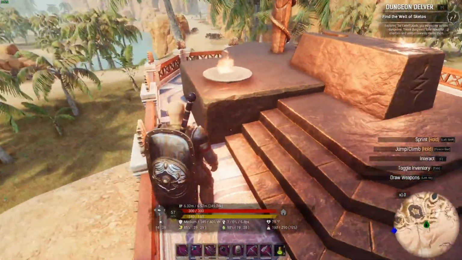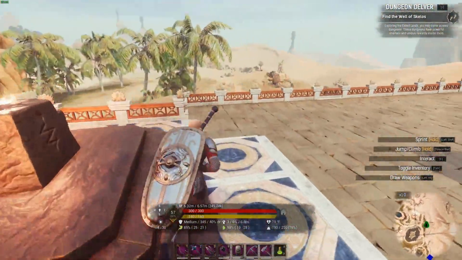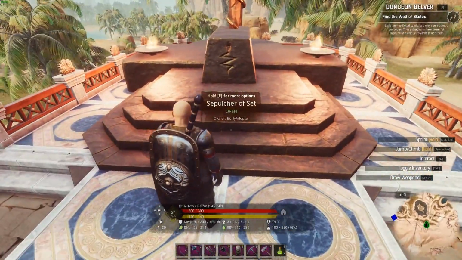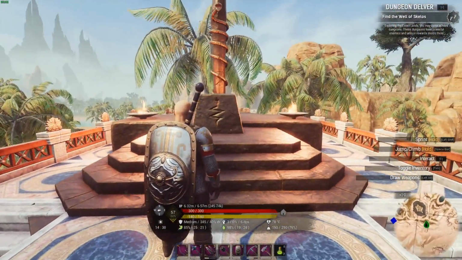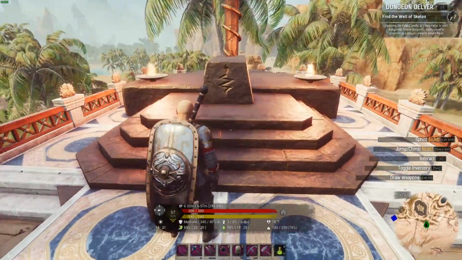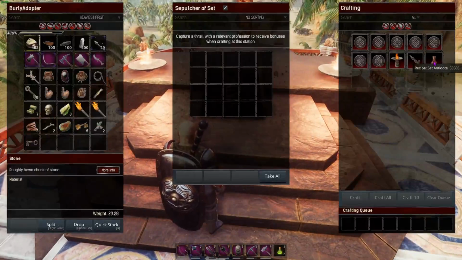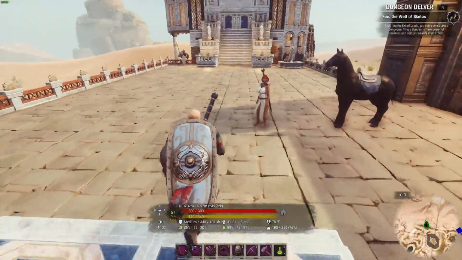One, because it kind of looks cool. Two, this is about the only religion that I interact with or have any plans to interact with, because you can get some really cool things. You can make some cool things here at the Sepulchre of Set, including the Set antidote and eventually the arrows, the poison arrows that are made from straightening out snakes like in